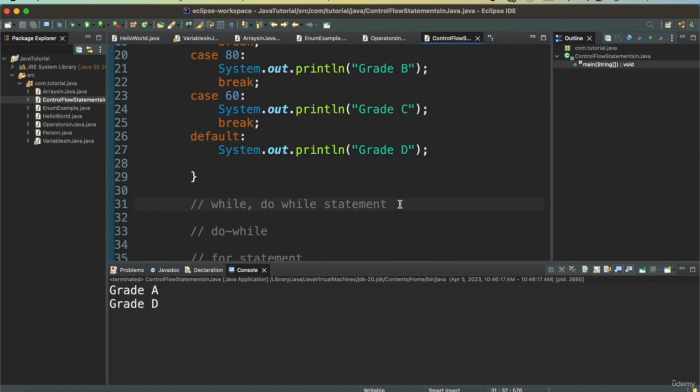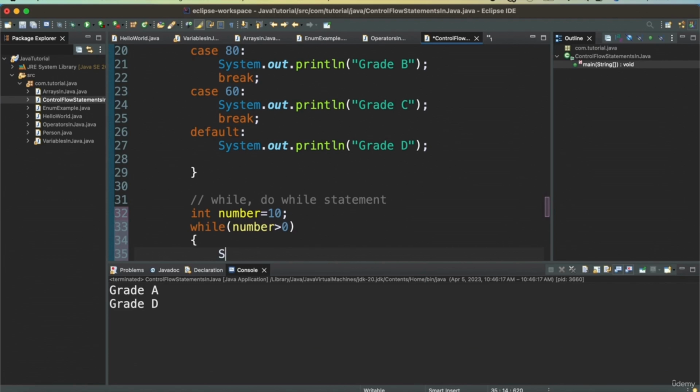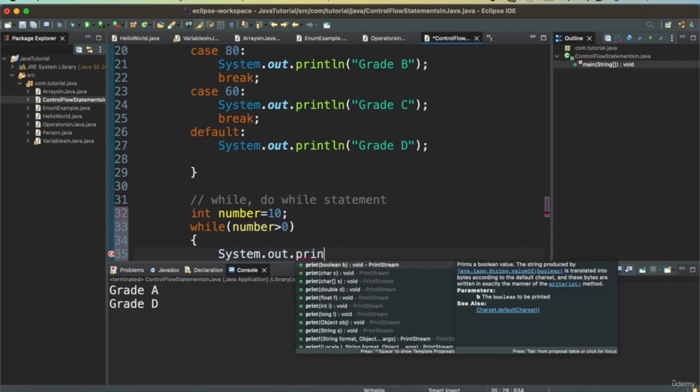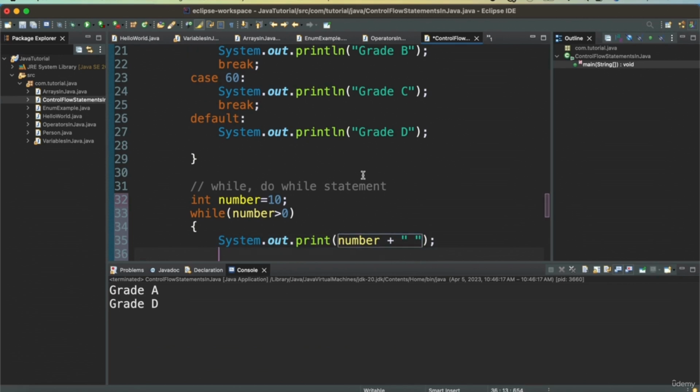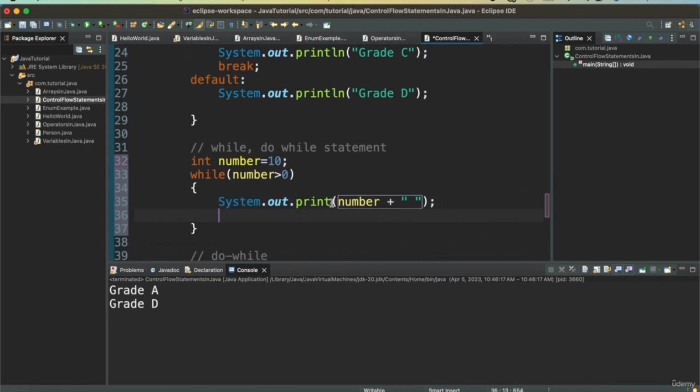Now let's see how we can use while and do while statement. While statement is very simple. So if you have a number, say integer number equal to 10. Now while, this is how you start the while statement. While, then there will be a condition. If it is greater than 0, then we want to print the number plus the space so that we print on the same line. If I do println, it will go to the next line, but I want to print on